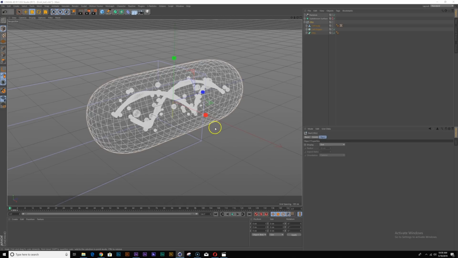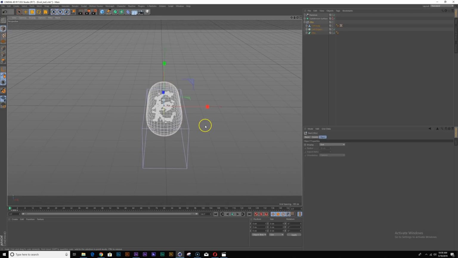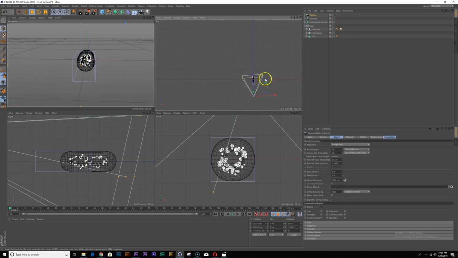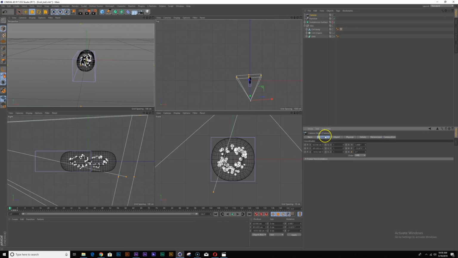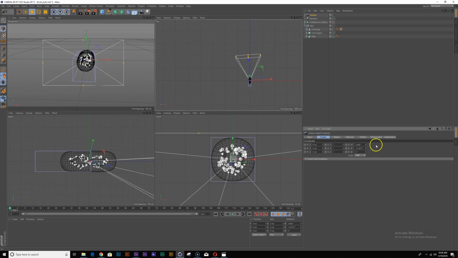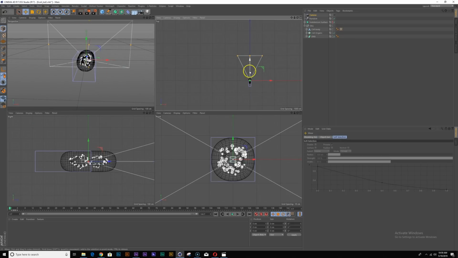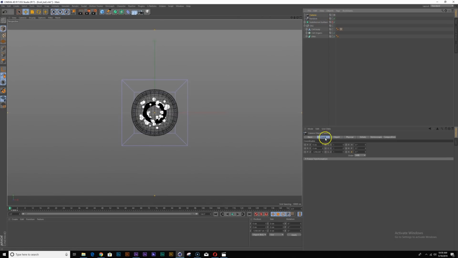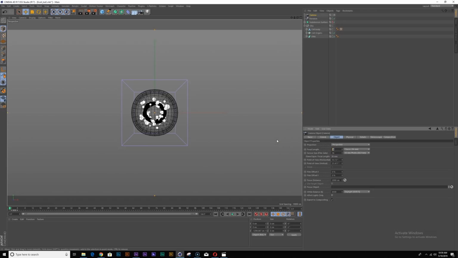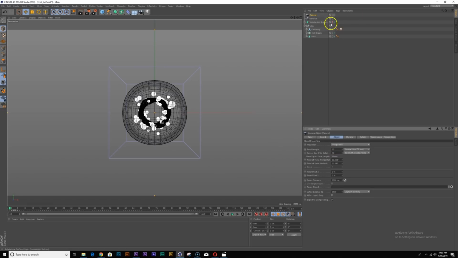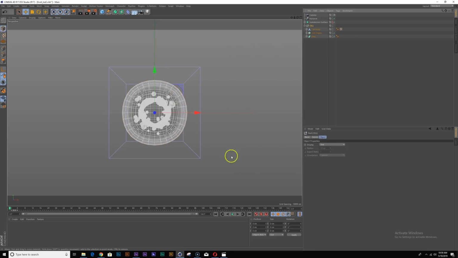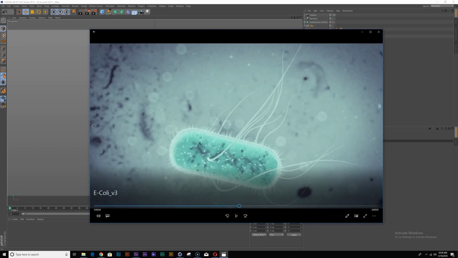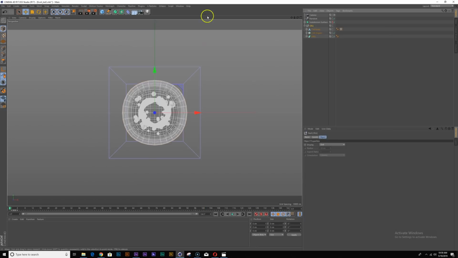So at this point, I am going to create a camera. Under coordinates, I'm going to zero out all my coordinates and rotation, and just move this camera back, and make sure I'm looking through the camera, and make sure that I'm going to change my focal length to 50. So now, because in this animation I'm not really moving the camera, it's just kind of like a stationary camera.